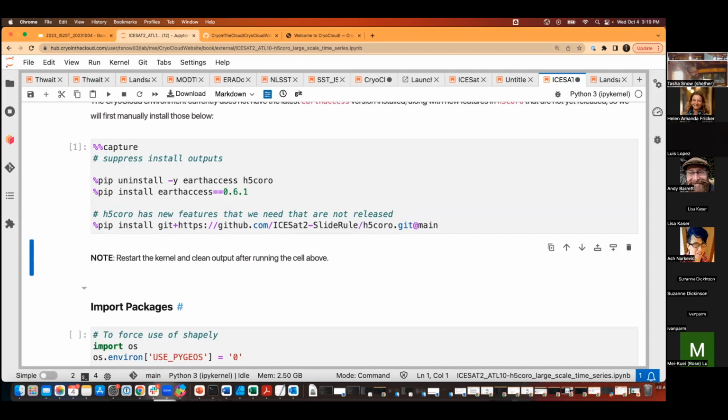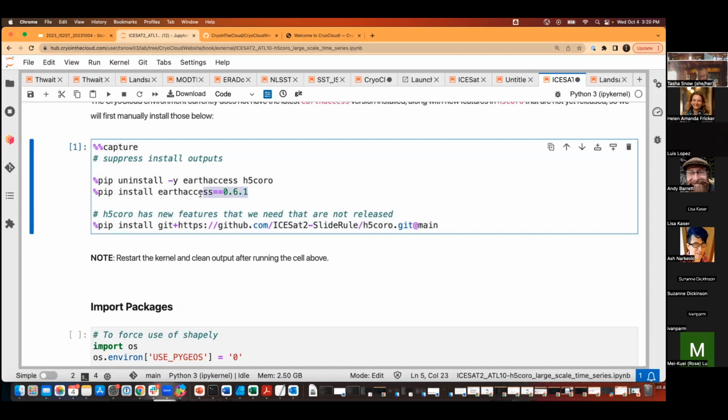I also want to draw your attention to three things, but two in particular. First of all, we want to uninstall Earthaccess and H5coro, because we want to put new versions in and we don't want the old versions hanging around. But I want to be very specific about, and I'll highlight this because those of you online can't see what I'm pointing to on the screen very well,